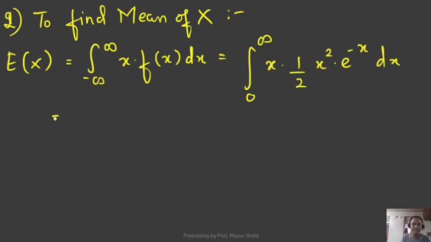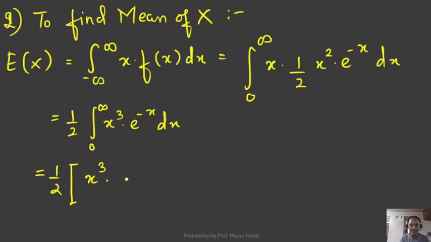Now this gives me the value: it is half times the integral from 0 to infinity of x cube e raised to minus x dx. Now you can see it is going to go a little bit longer, but this is the way. If you do not know the advanced formula, you need to struggle with the integration and get the whole integration solved. So half times,